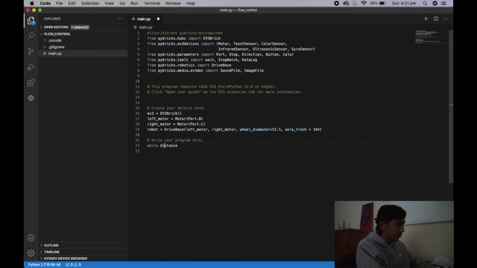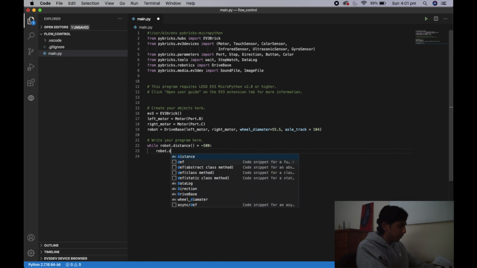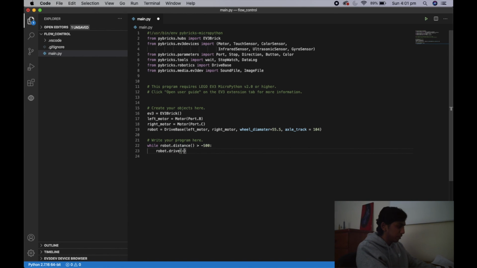And this distance actually won't work because you have to do robot.distance, because you have to assign it to an object that you want the command to run over. So while robot.distance is less than, actually I'll do greater than in this example, just to help with going straight because my robot moves forward with negative power. And make sure you do your colon. If this happens, I'm going to do robot.drive, and I'm going to do -200 like last time,